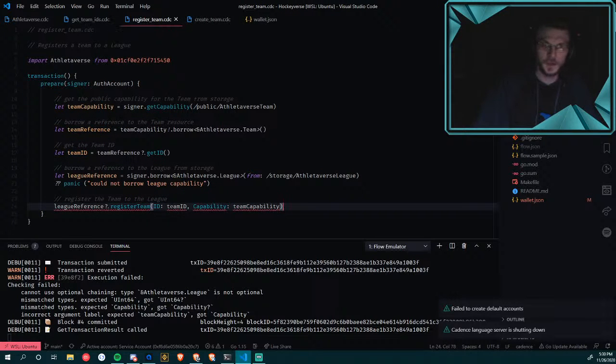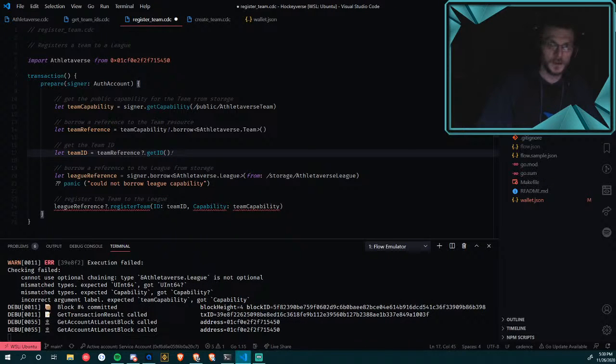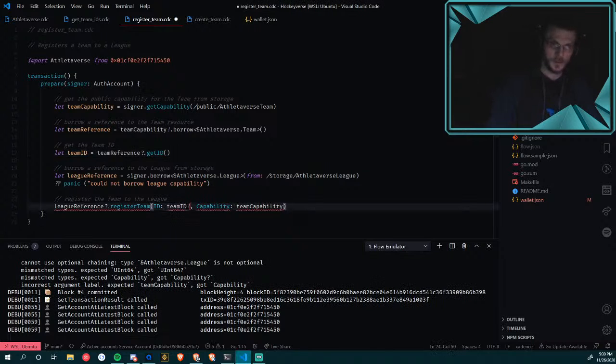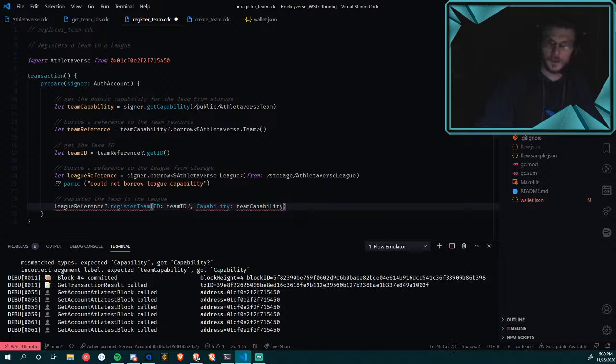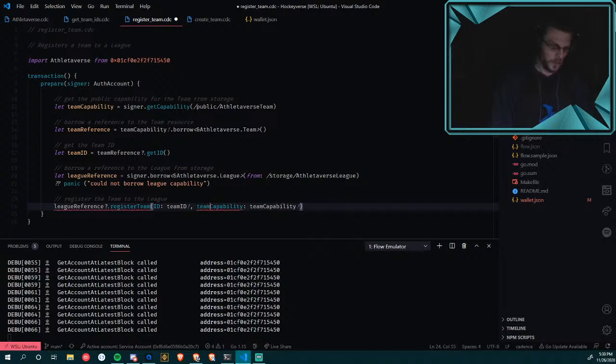So it's in here. This needs to have an ID. I guess we should just say here, this has to have one, this has to have that, and this has to have the proper label.